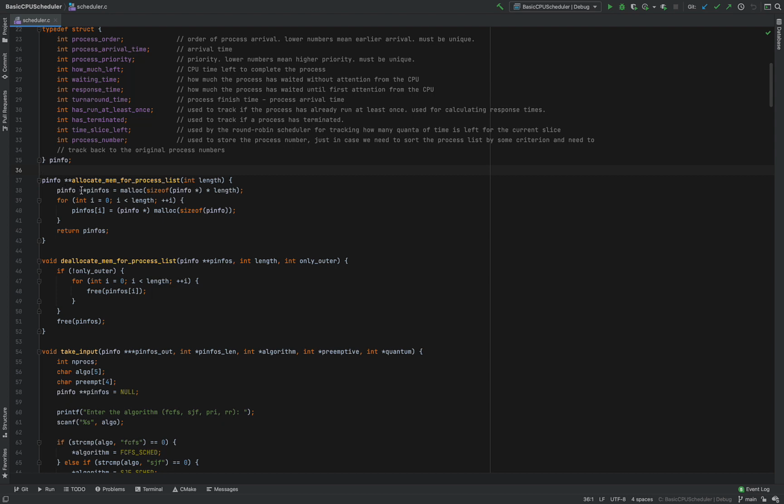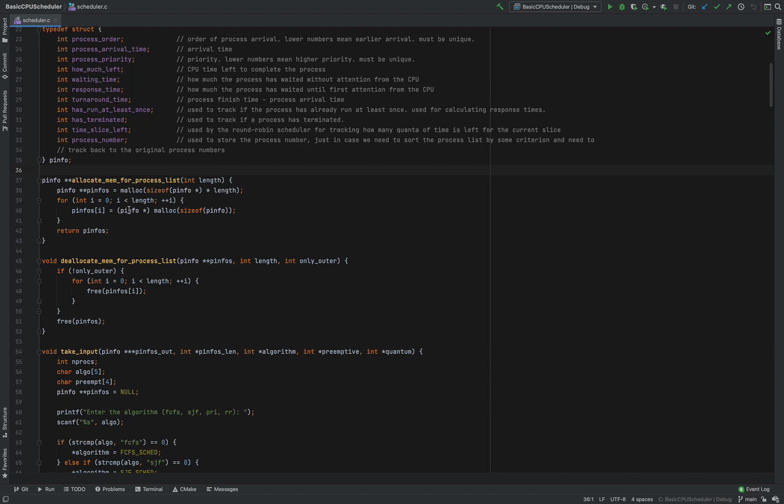So the array that is going to have the pointers is going to be a double pointer, and its length is just going to be length, and since it is just going to contain pointers to pinfo, we have just done a memory allocation of the size of a pointer variable to pinfo multiplied by the length, and then we have run a loop, and we need to allocate memory for each structure that is going to go into the array. As in, the structure will not get into the array, the address of the structure, as in the pointer to the structure, is going to get into that array, right?